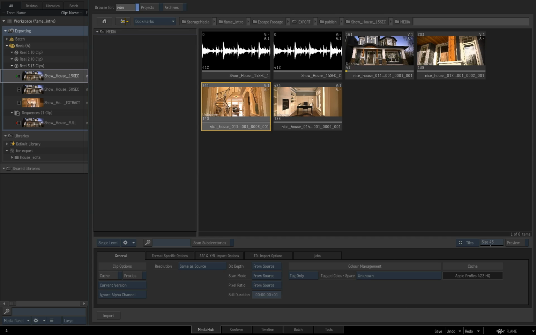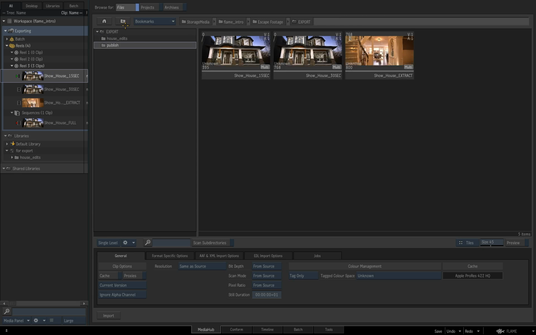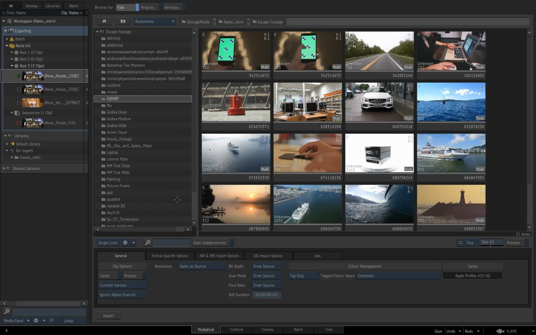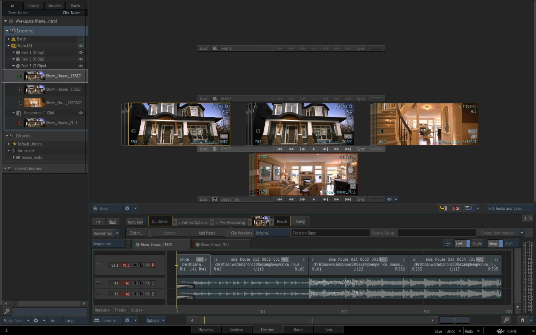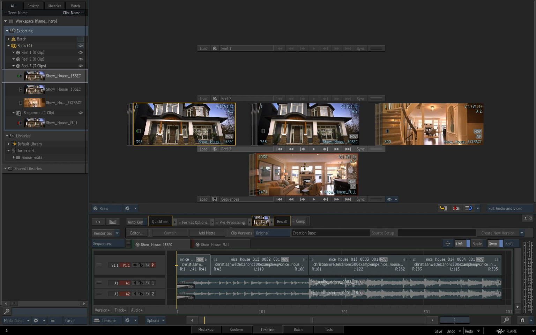It really is very simple. There's no dark art or mystery to it whatsoever. It's as simple as dragging things into this window, deciding where they're going to go and how you want to export that media. Now, the chances are that at some point you're going to have some material or some setups